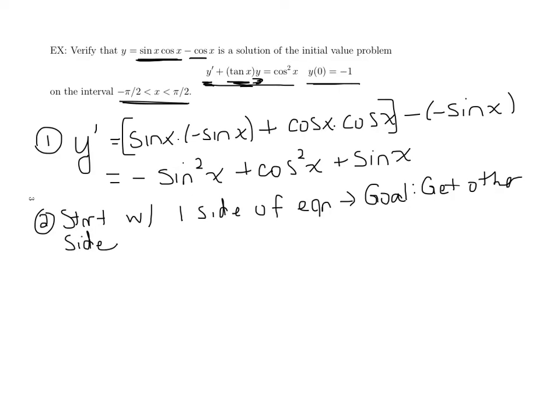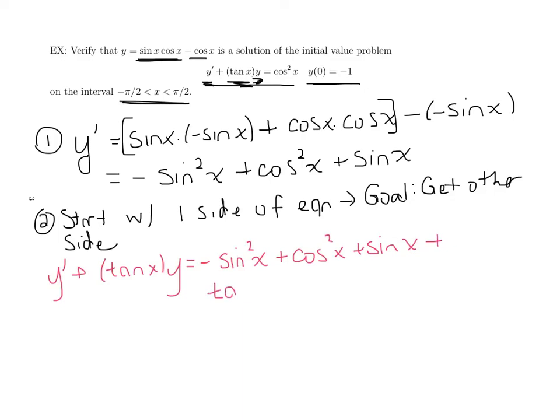So we have, in our situation, y prime plus tan of x times y. So if we start plugging this stuff in, we get negative sine squared of x plus cosine squared of x plus sine of x, and then plus tangent of x times y, and y was sine of x cosine of x